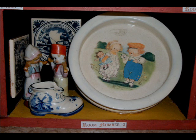This is a favorite room of mine. Not the favorite, because I can't pick a single favorite, but this one is a personal favorite of mine. And again, portions of it remind me of my mom, especially when I was a little kid, because the child's dish on the left, or right, excuse me, was made by Buffalo Pottery, and